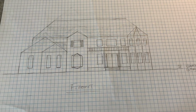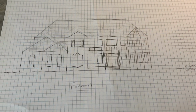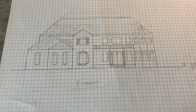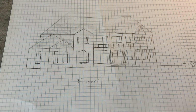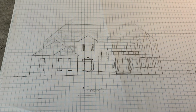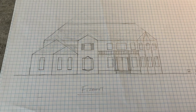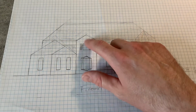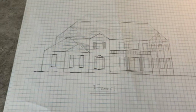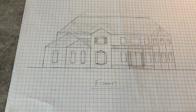All right, this is the second video I'm shooting. It may not be in order, but this is another home, and this has got a little bit more complete set of plans, but I did not have a starting sketch. So we're starting with the elevation, just the front design. Again, some detail work, bay window shingles, like a metal shed roof over the porch area, little turret, and some hip roofs